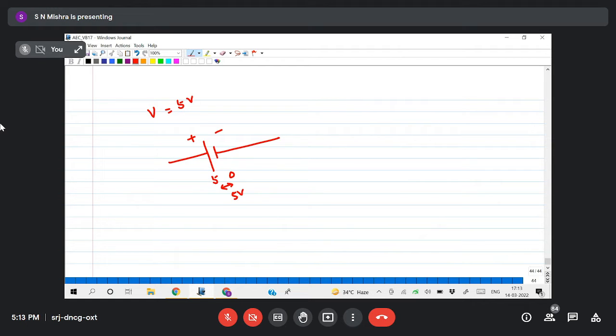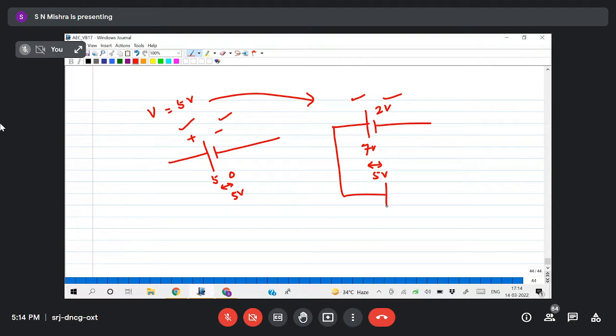Yes, sir. Now the same thing I can represent like this also. Suppose this is my 7 volt, this is your 2 volt. And what is the potential difference between these 2 points? 5 volt. This is also 5 volt. But both are not positive, negative. This is positive, this is negative, or 0. Here both are positive. So when I connect the diode like this,